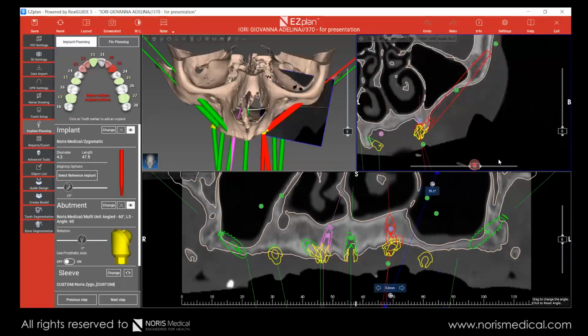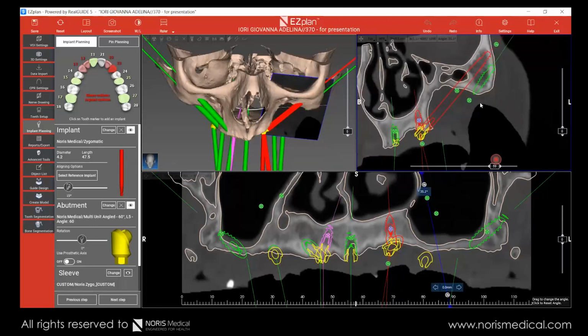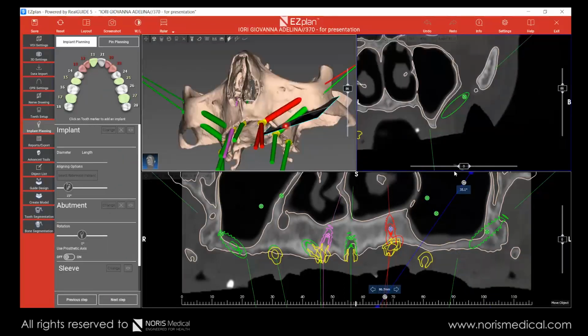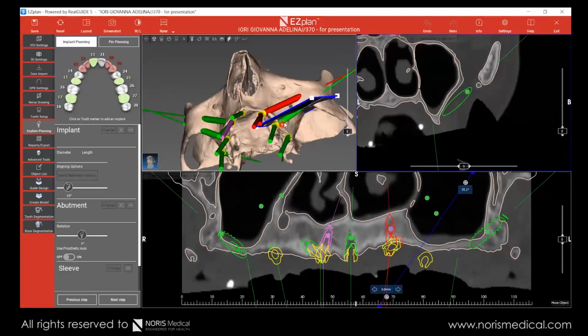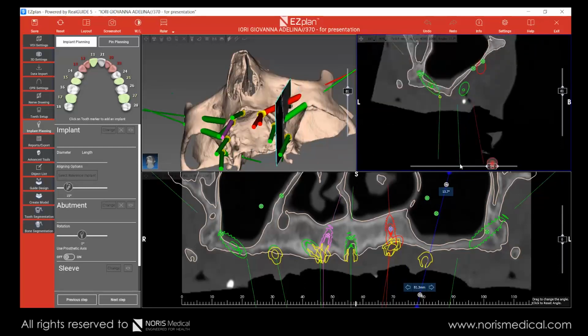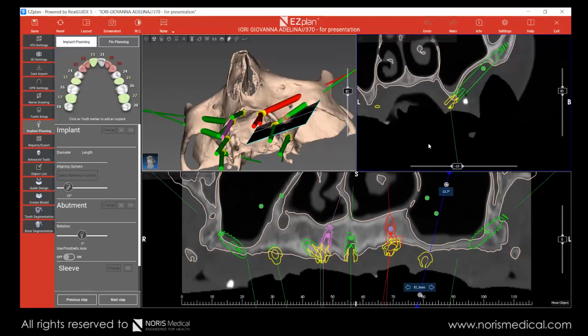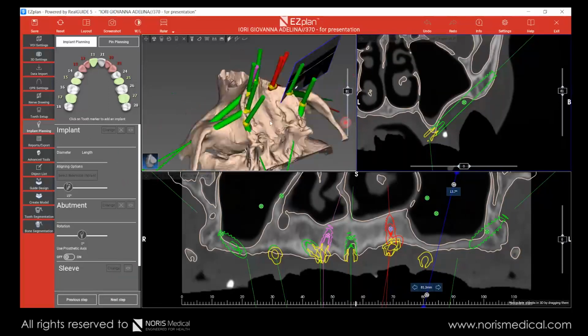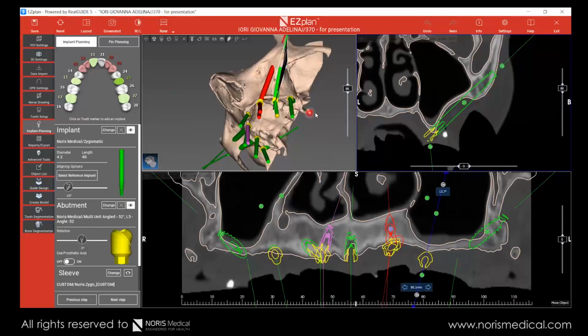And this is the distance from the posterior implant to the anterior implant, okay? This is the distance we have here. Here we go, okay? There we go. Okay, we can see on this, this is the angle that we're checking